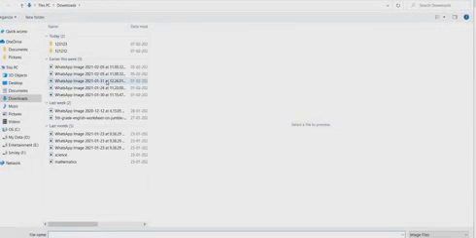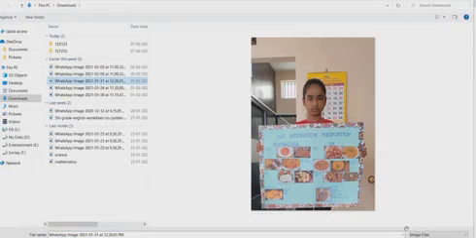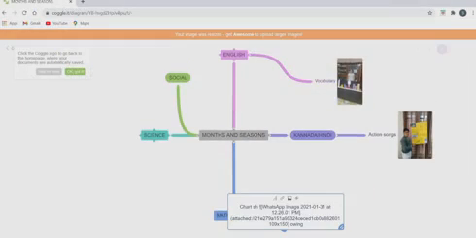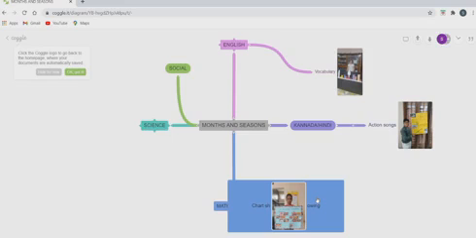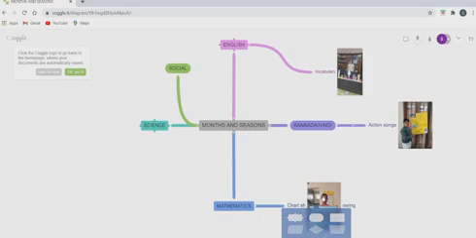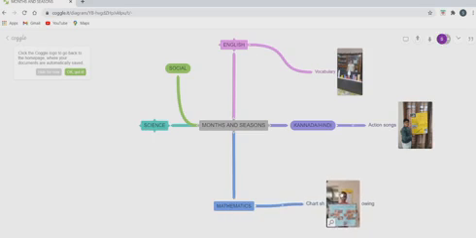Here you have to select one image and open. It will come in the attachment format. Click outside the box. If you want, you can keep it the same, or if you don't want this box, just do the right click, choose shape, branch symbol.